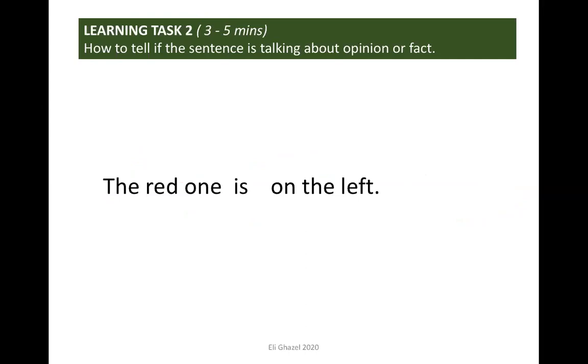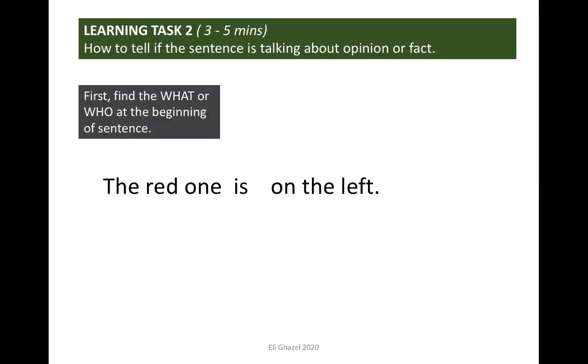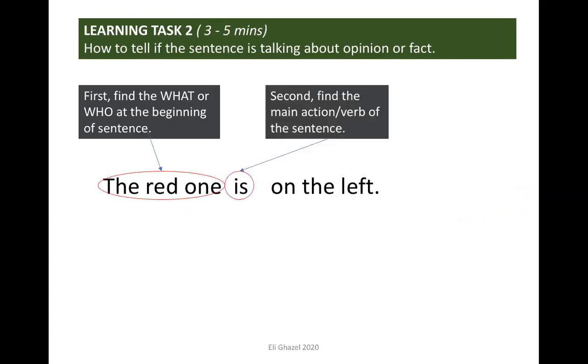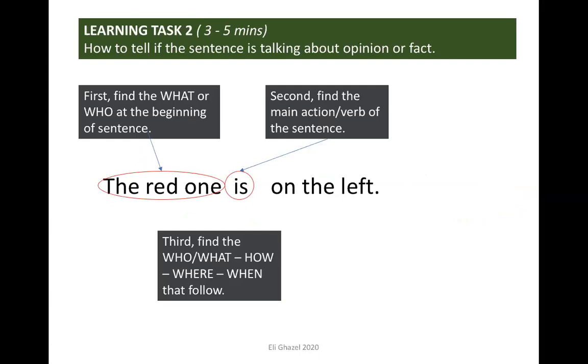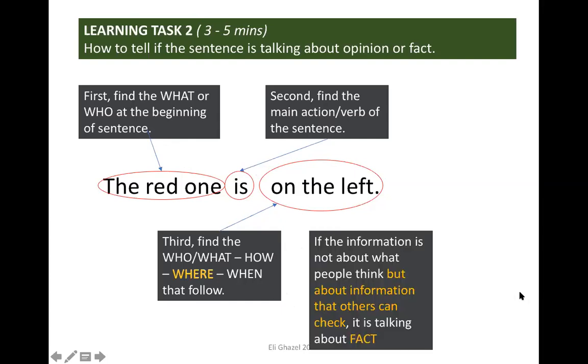The red one is on the left. Notice I left a few spaces here so that you can see the three parts. Again, what is the first part? This one, the red one. Is the main action or the verb of the sentence. And on the left, let's think about it. On the left is a where. That's good. So now, what we have here is the analysis of the sentence, which will help us determine if